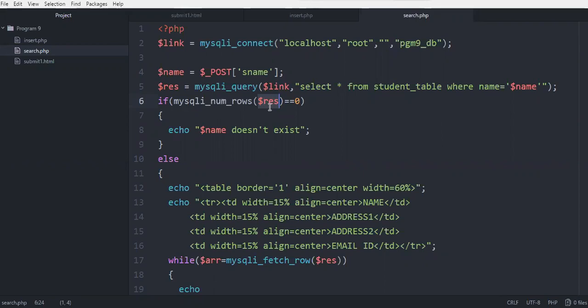So if the value exists, it is not going to be equal to 0, meaning we have values to display. So the else part gets executed. So when is $result equal to 0? When the value does not exist in our database, that is, no row is fetched. So the result variable is equal to 0. If a value is fetched, that is when this result variable will be storing some actual data. So that is when it enters the else part.